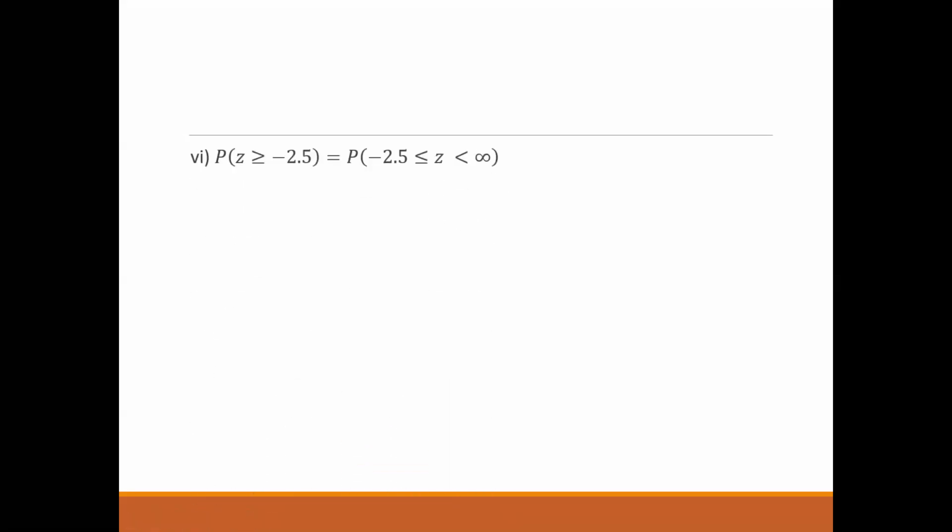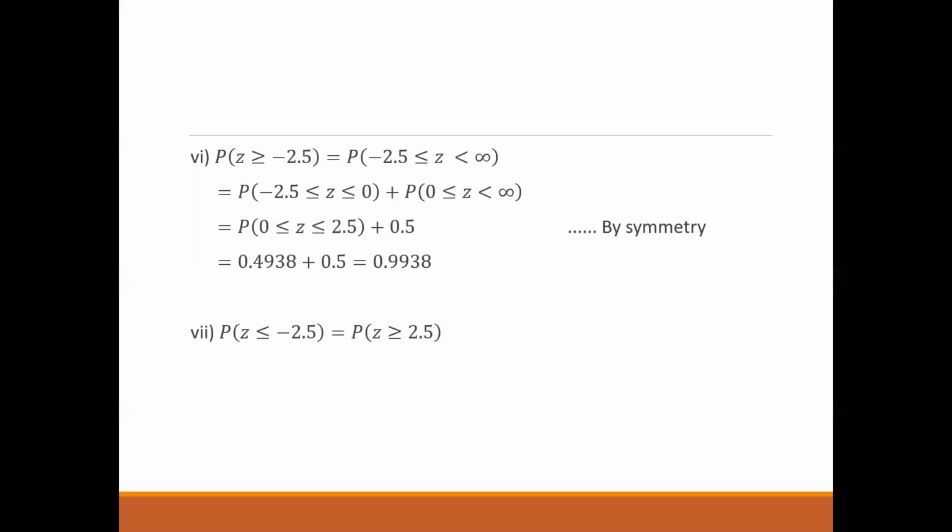I hope everyone understood this. So again, I can rewrite this whole thing, and we can do this problem. We have already done it before. And the last one, if I want to find out the probability for the values between minus 2.5 and 1.25. So we are including both the parts, that is the negative area as well as the positive zone. So both the zones are considered here.